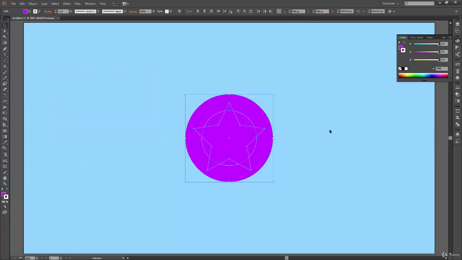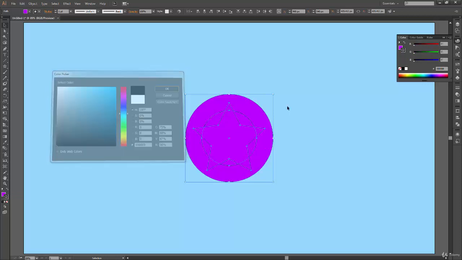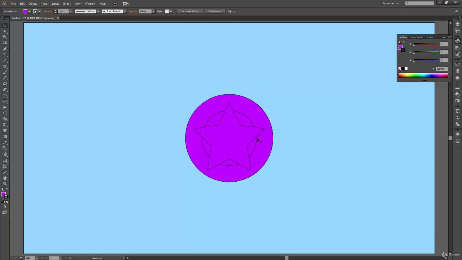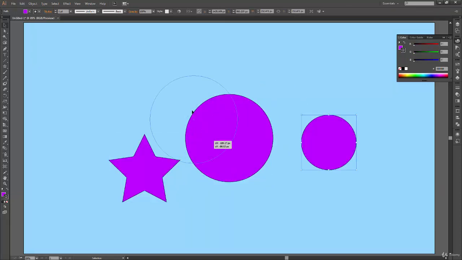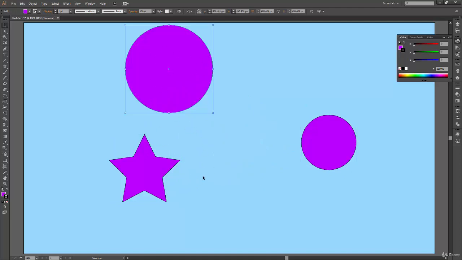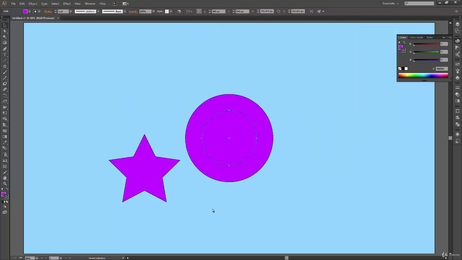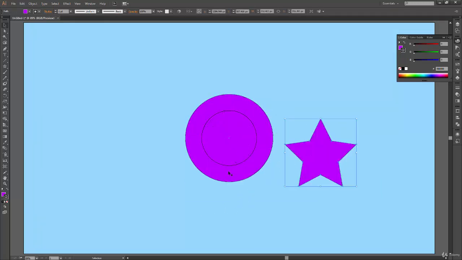And when I select all of them, let's have some stroke fill inside this, and a white one or a black one. Black one will look good. Okay, now you can see that I have all my shapes back, and there is no hole inside this outer circle. I have my inner circle back, and I have this star which I have created additionally inside the compound path, and this circle which I have created.